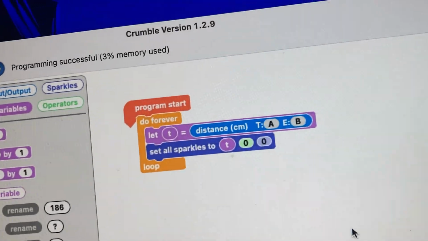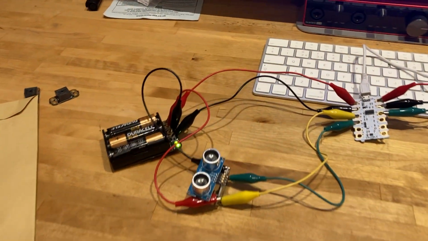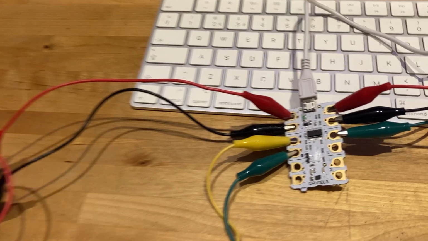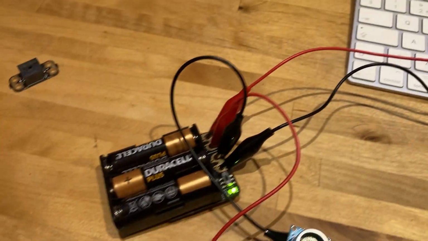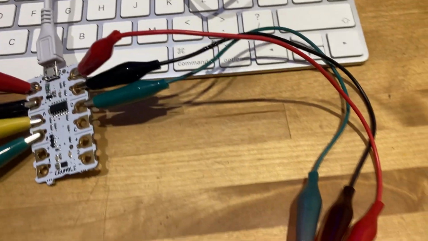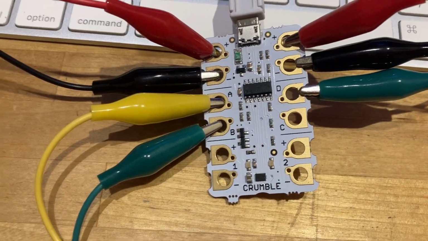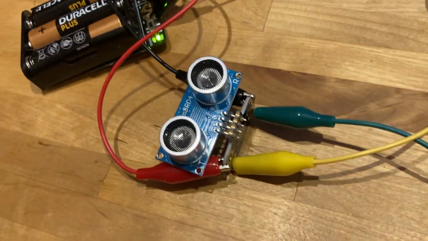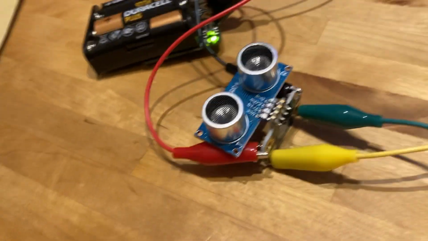to happen? Well, here I've got my Crumble circuit. So I've got my battery pack, which is not only powering the Crumble, but it's also powering the distance sensor, which needs its own power. I've got my LED hooked up in the usual way. And then I've got ports A and B from the Crumble going to ports E and T,